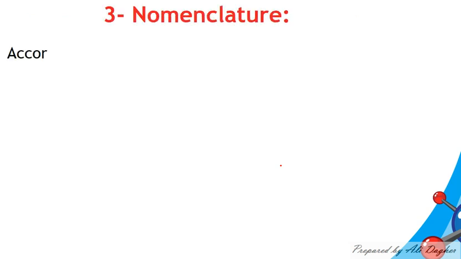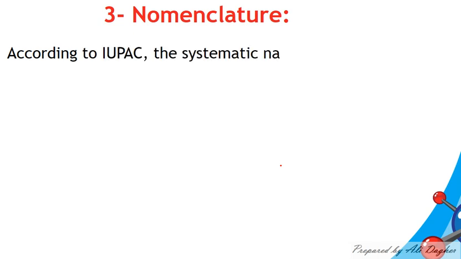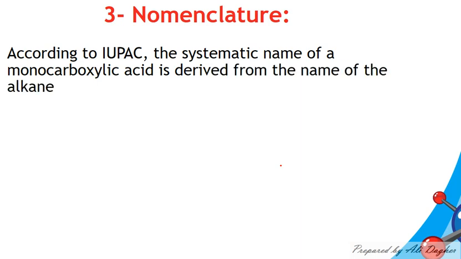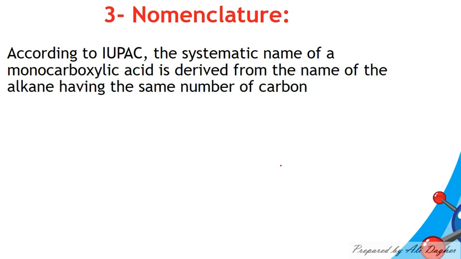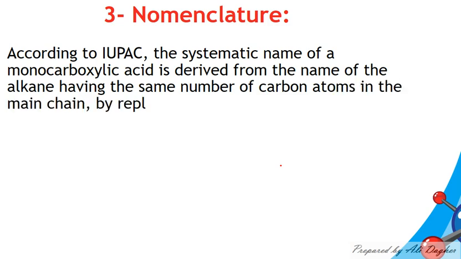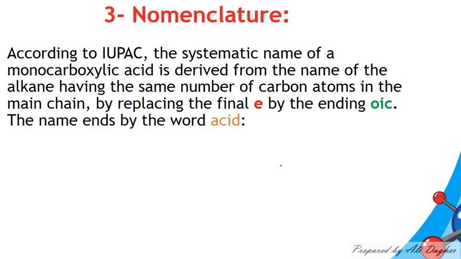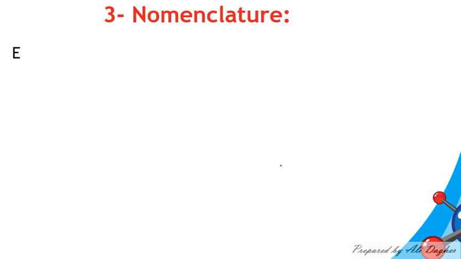Nomenclature of carboxylic acids. According to the IUPAC rule, the systematic name of a monocarboxylic acid is derived from the name of the alkane having the same number of carbon atoms in the main chain. But we replace the final E of the alkane by the ending oic and we add the word acid. Alkane plus oic acid: we replace E by oic and we add the word acid, so the name becomes alkanoic acid. Example: